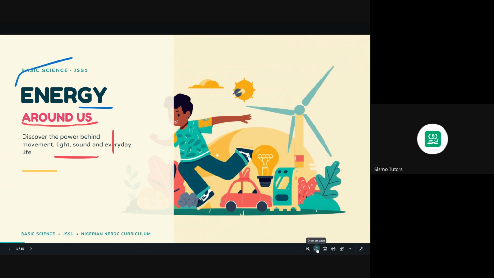You could use this arrow, if you are trying to talk the way I'm talking now. Hello, students, energy around us, discover that. So I'm not teaching energy. You could just move around it here and discover the power behind it, and you can write. So let's clean up whatever we have right here. So click here, and then you could